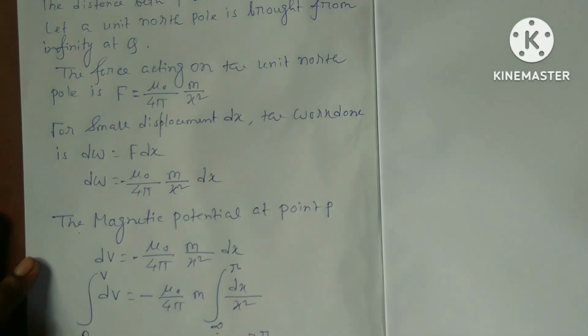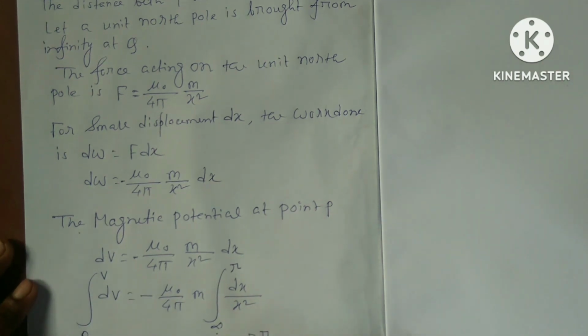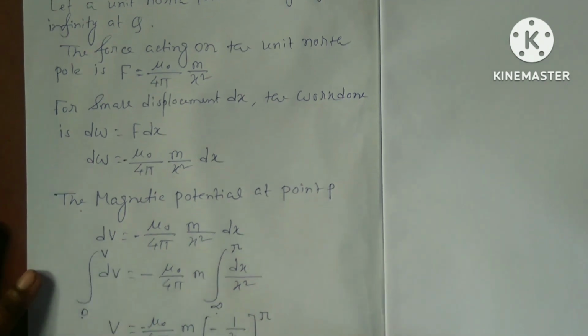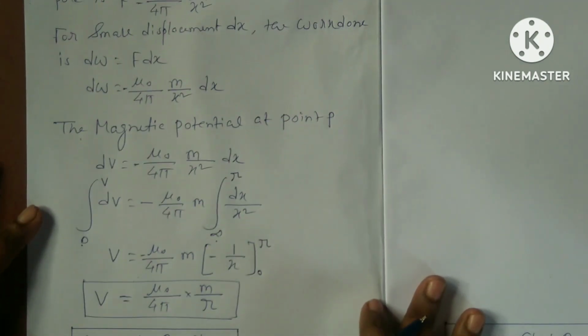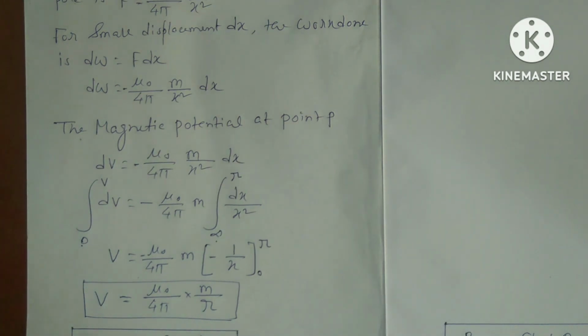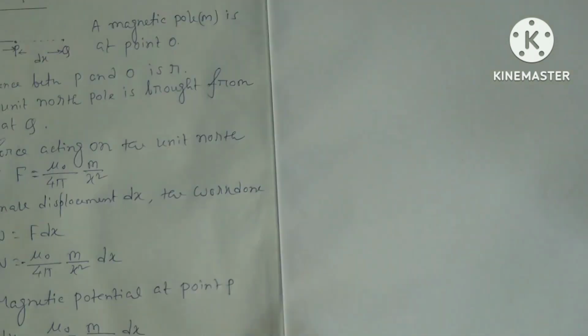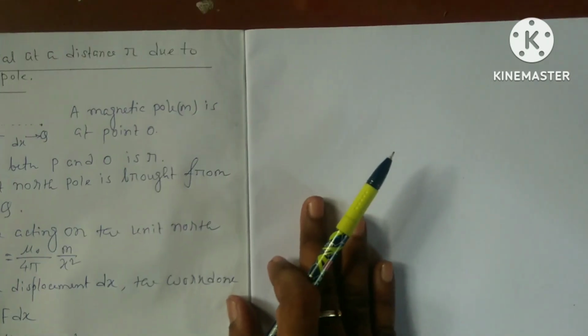This is the relation of potential between r and V. So this is the relation between the potential and the distance. Next topic